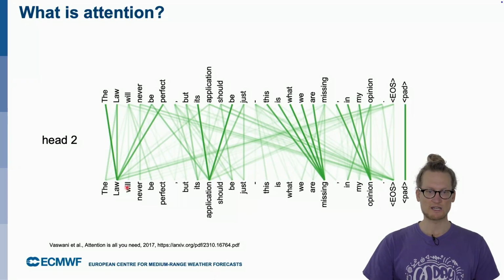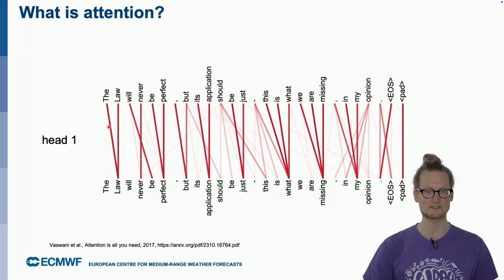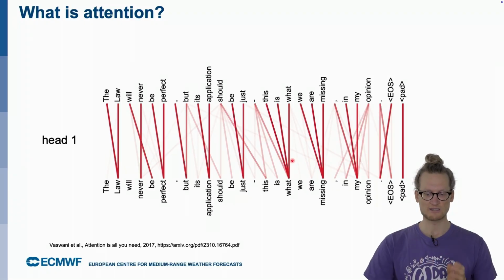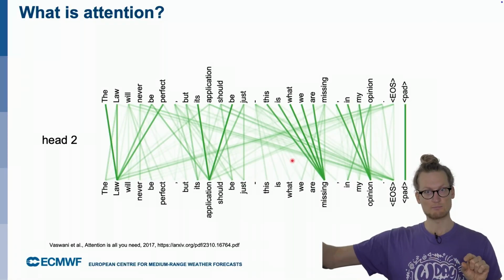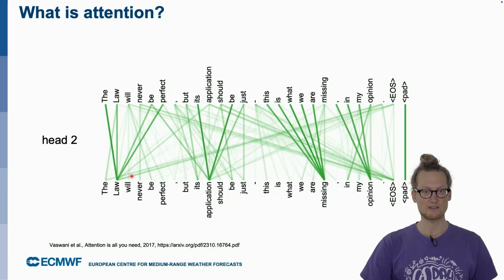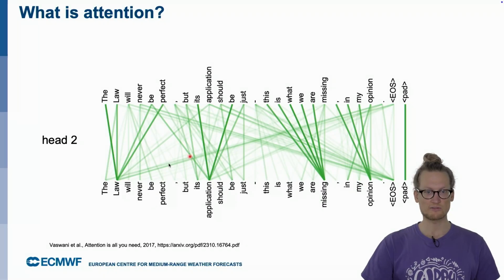But there's another head which might learn very different relationships, like for example much longer-ranged relationships than the first head does. The first head seems to, in this example, look at very close, nearby neighbors, whereas the second head has a much longer range dependency. And that's also where you see, compared to RNNs, we have this very explicit view. We see that the second head has these very long connections, where the intensity or the saturation of the colors basically represents the similarity of these words.